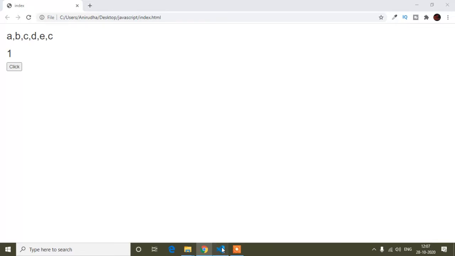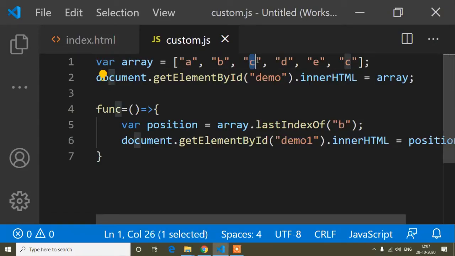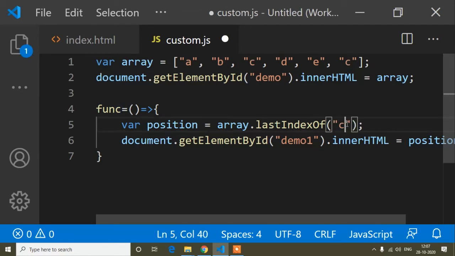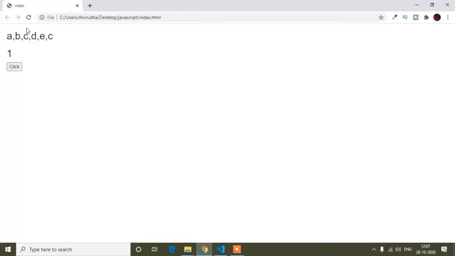But when we find a duplicate element, like here C is the duplicate, suppose I want to find C. Let's check what output is returned. Refresh, and it's returning 5.